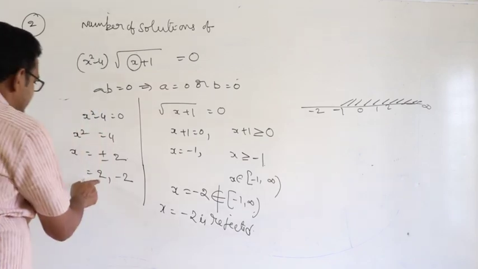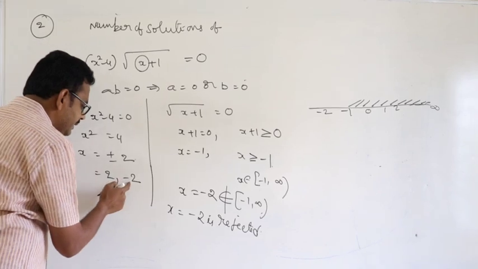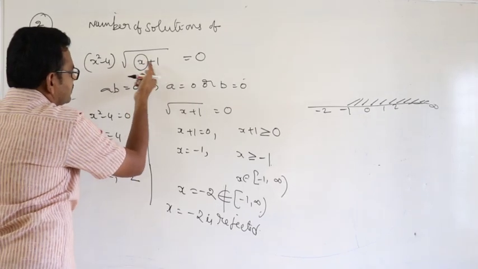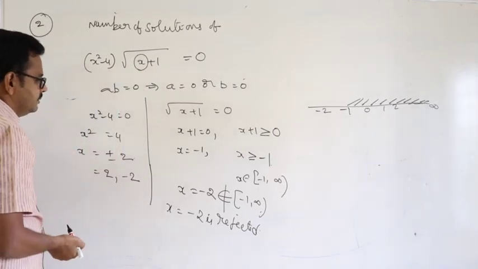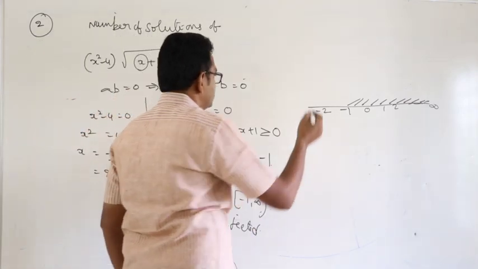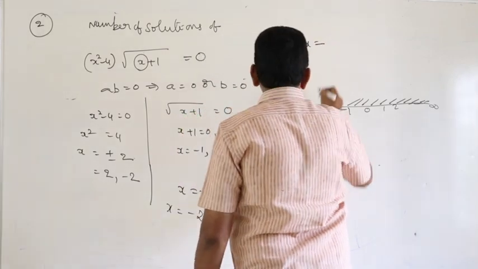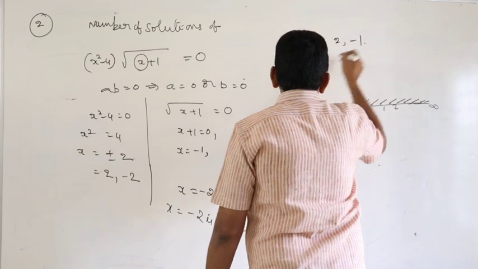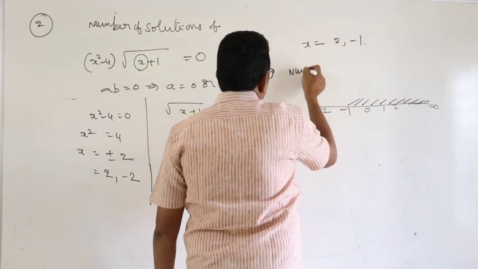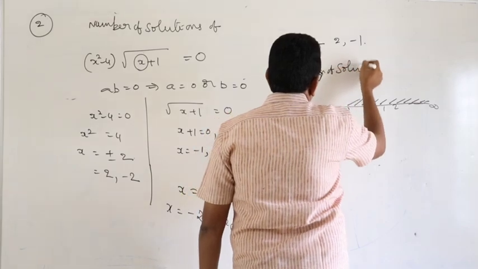If I write x equal to 2, 2 plus 1 is 3. If I write x equal to minus 2, plus 1 is minus 1, not defined. Therefore, solutions are x is equal to 2 comma minus 1. Therefore, number of solutions